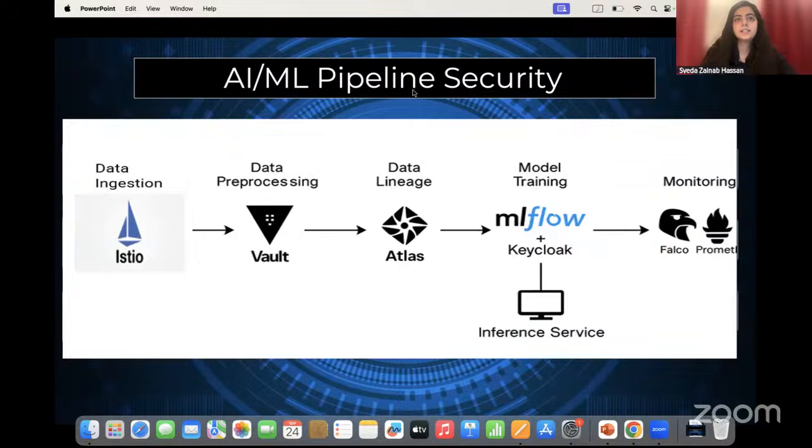To protect sensitive patient data during training and inference, we're going to apply differential privacy techniques using tools from OpenDP. These methods add statistical noise to sensitive features, preserving patient anonymity without sacrificing our model utility. This will ensure that our model remains privacy aware even when trained on real world healthcare datasets, aligning with GDPR and HIPAA privacy by design principles. Having secured both the data and models, we next implement continuous runtime monitoring for our cluster.